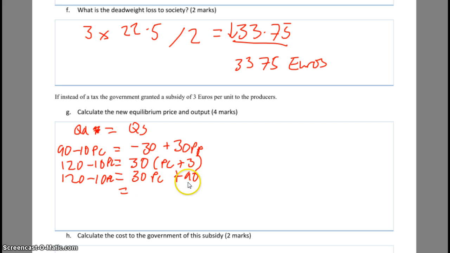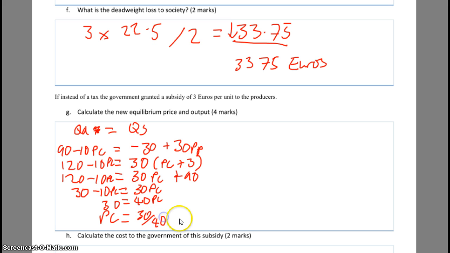Okay, so now we're going to take 90 from each side, so that leaves 30 minus 10 PC and 30 PC, and then the final thing we need to do is add the 10 PC to both sides, 40 PC equals 30, and then we need to divide by 40 on each side. So we've got now PC equals 30 divided by 40, which equals